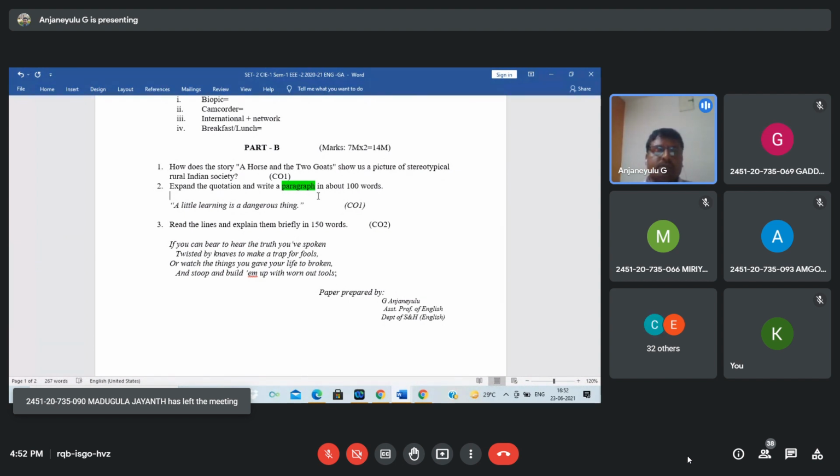Sometimes we may ask you paragraph writing. I told you also in the previous class, we will give some hints. Hints means, for example, pollution or whatever related to patriotism or politics or youth, but we'll give some hints. Looking at all the hints, you are going to make one paragraph with the help of those hints. That type also comes under paragraph writing.